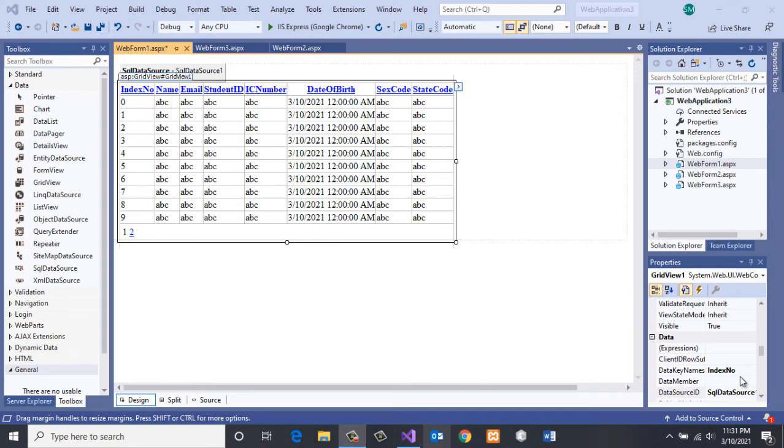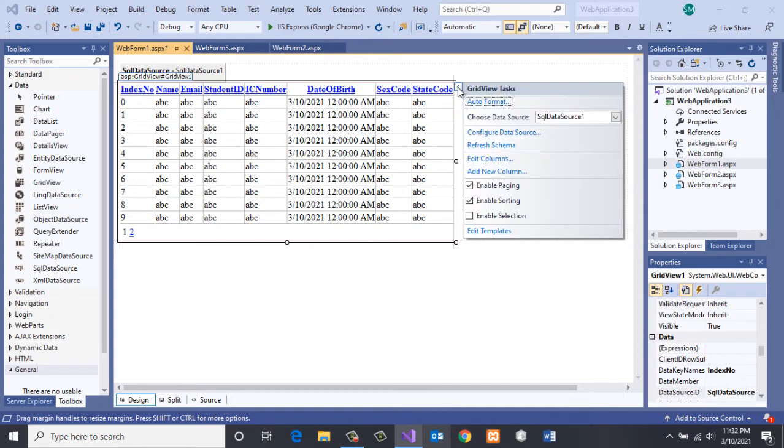Let us go back to web form 1. In web form 1, we use a grid view to display information, with some features that we have incorporated, such as paging and sorting. What we can do now is add other features such as editing and deleting to the